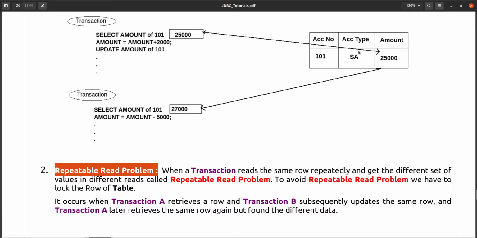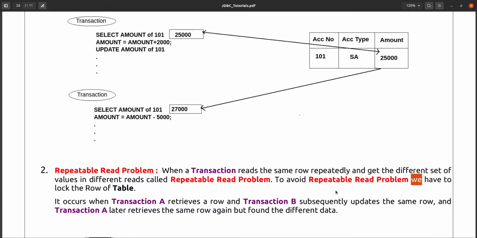In the previous example the transaction was reading only a single cell, but here the transaction is reading a complete row, one complete record of the database. If your transaction reads that value twice or more times, it gets different values. Why? Because another transaction came and committed.